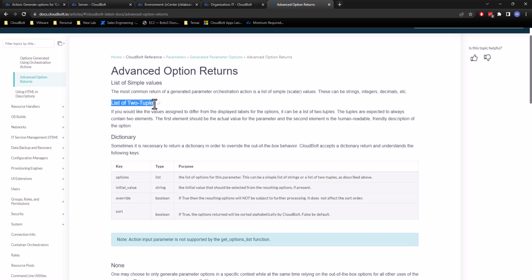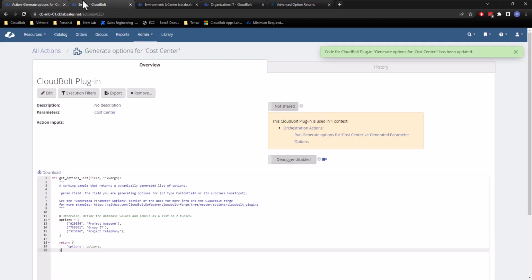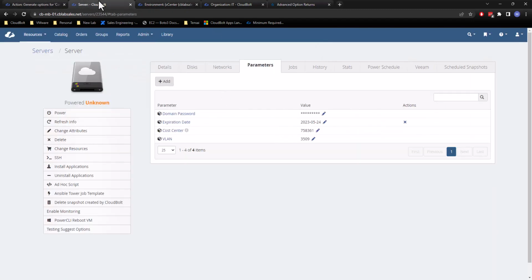We can also return a list of two tuples. That means the value, comma, label return that we just looked at, or we can return a dictionary that includes a combination of different things. So initial value would be the way that we set a default in CloudBolt. So if we wanted to, if you recall, when we went to select the value for the server here in CloudBolt,